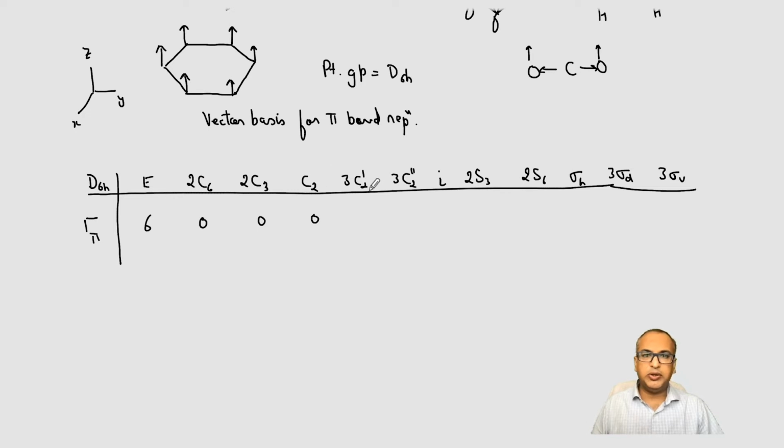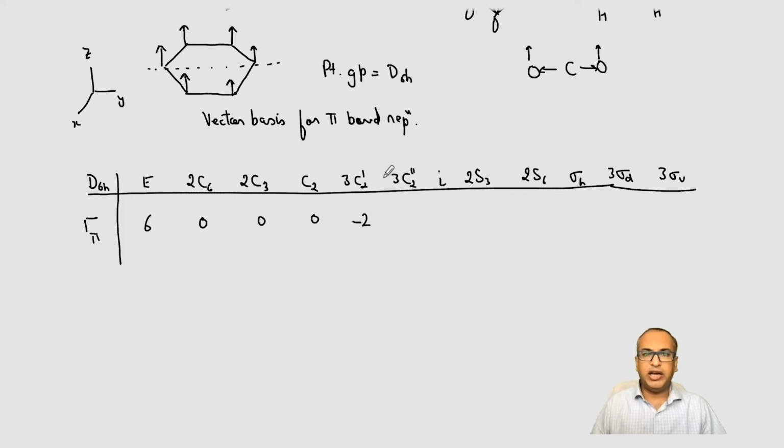Now if I'm doing C2 prime, so C2 prime is axis which is going through opposite vertices, right? So if I'm doing this, let's say this is my C2 prime. So these 4 vectors will be replaced with each other. So that means they will not contribute towards this reducible representation, whereas these 2 vectors will contribute, but they will become negative, right? So I will have -2 corresponding to 2 vectors which are becoming negative.